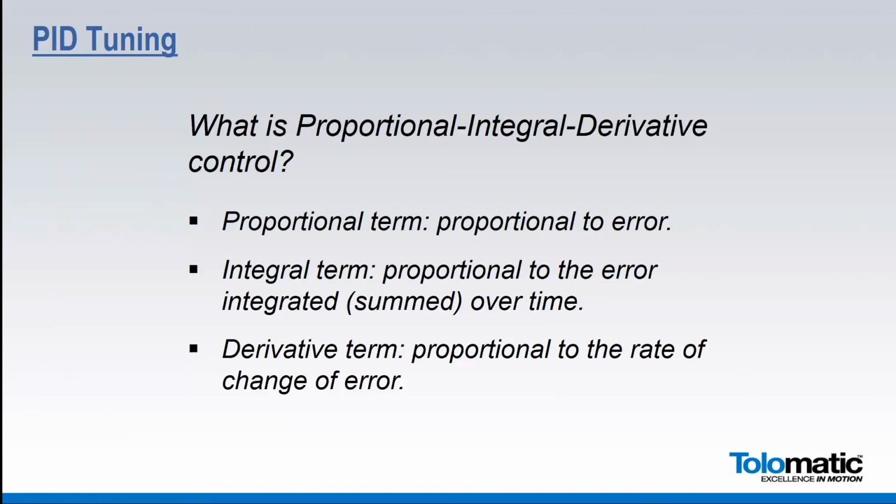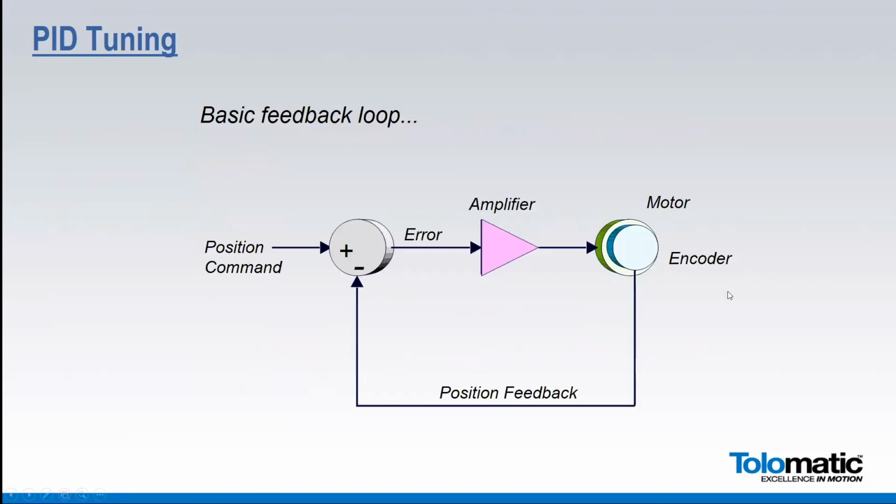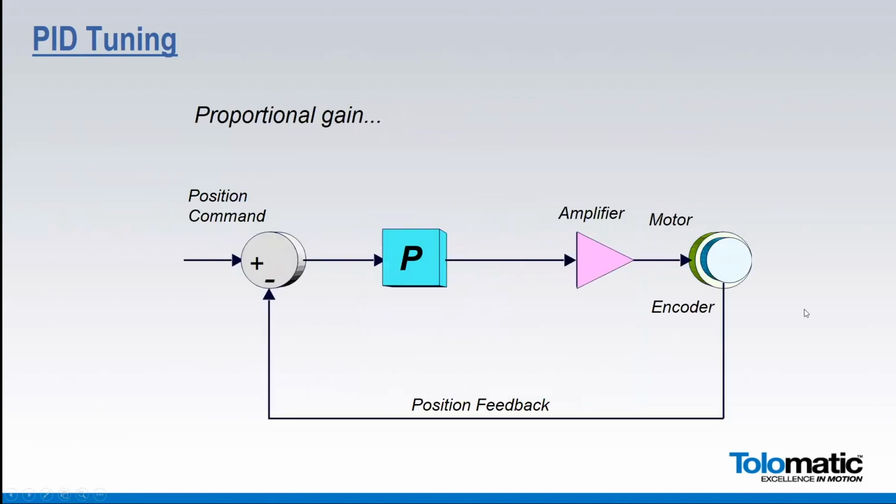So let me show you a picture of what this looks like in a simple block diagram. Your basic feedback loop looks like this, with an amplifier and a motor and encoder and the position feedback coming back here, and it gets digitally summed with the position command. And when you add in a proportional term to the system, it looks like this. So in this system, if your error is 100 counts and your proportional term is set to like 2, you multiply that times 2, then your correction would be 2 times that,